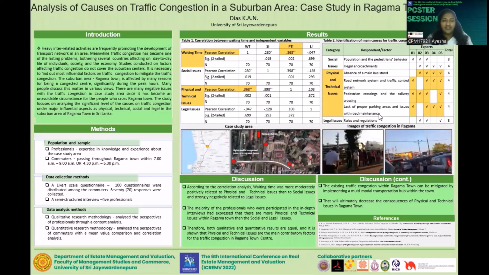Hello everyone. Today I will be presenting my study based on an analysis of causes on traffic condition in a suburban area, a case study related to the Ragama Town Centre. I'm Ayesha Dias. In briefing my study, it is indicated that heavy interrelated activities are frequently promoting the development of the transport network in an area. Meanwhile, traffic congestion has become one of the lasting problems which bothers several countries and the day-to-day activities of individuals,